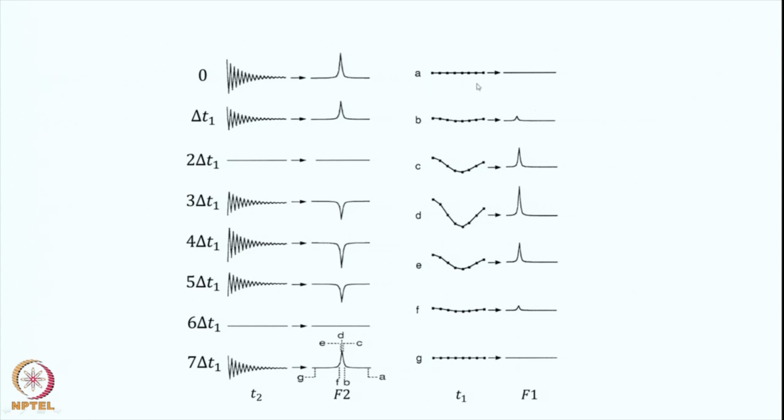Therefore, I can do a Fourier transformation along this time axis now, right. This is the time variable T1. So, if I do a Fourier transformation along this time T1, there is no signal here, therefore there is a 0. If I do it here, there is a small signal, a small frequency component here, therefore you have a small signal with a particular intensity which is very small. Now, if you come down further, it is the same line, it peaks at this point, now the intensity is more. So, intensity is higher, so this FID signal is increasing, the signal is higher here, Fourier transformation again decreases, goes to 0. Therefore, you see here I have created a time variable which contains frequency information.